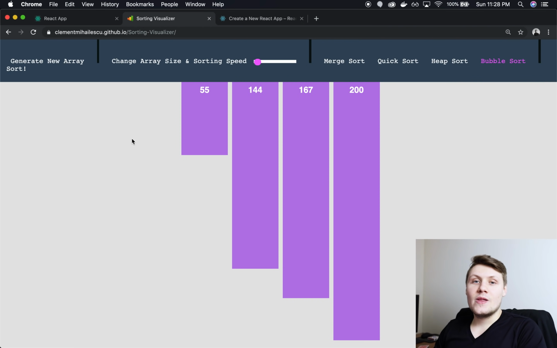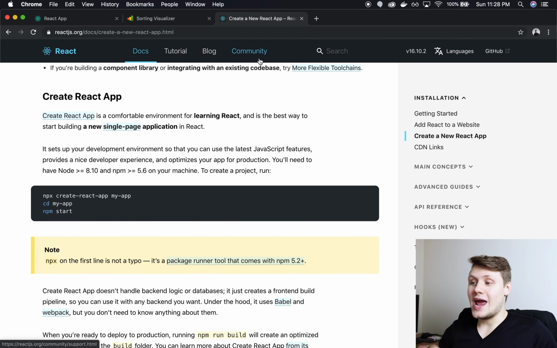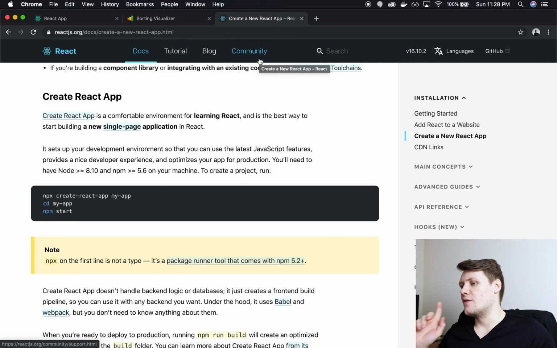We're going to do exactly what I did for the pathfinding visualizer tutorial, which is that we are going to use React to build this, and it's going to be very simple. Even if you don't know React, I think you're going to be able to follow along and pick up React as you go. So if you Google create a new React app and you click on the first link,